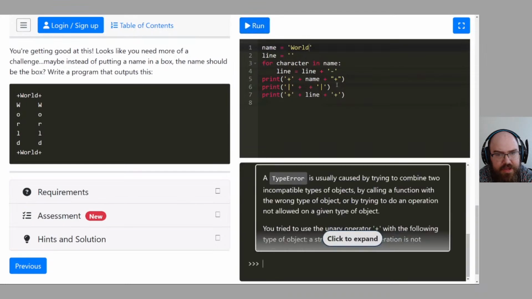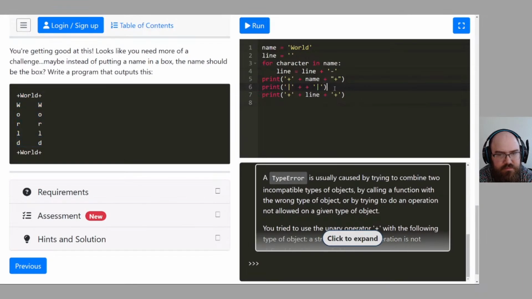For now, on line 6, just put a single space in between those pluses. Okay. I'm not worried about that. I know this is something to do with the loop and having it print out letter by letter.